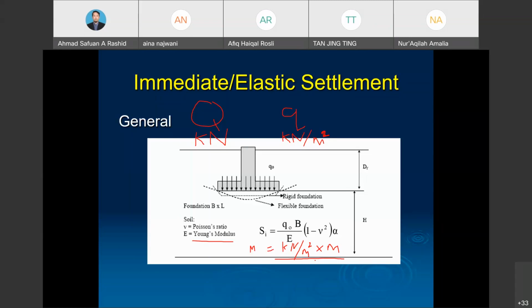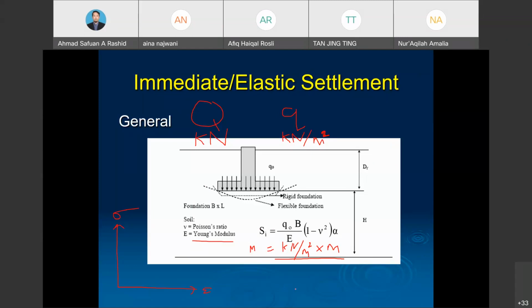So what is the unit of E? KN, okay. Okay, lagi siapa nak guess lagi? What is the unit of E? Okay, how can we get the E? Or how is the E obtained? Tadi kan saya dah cerita pasal stress strain curve kan? Stress strain curve kan? Okay, definitely kalau stress adalah kilonewton,